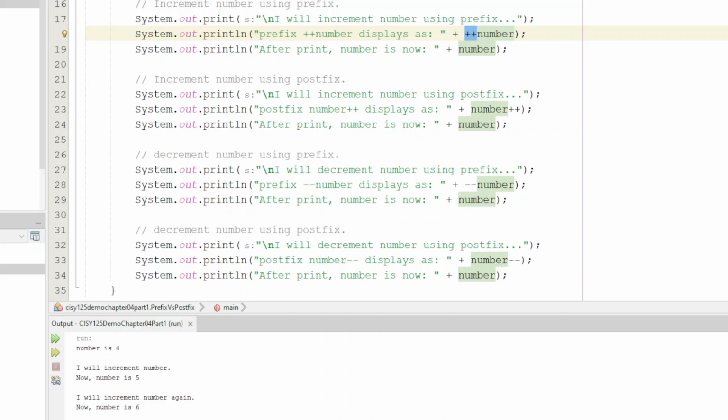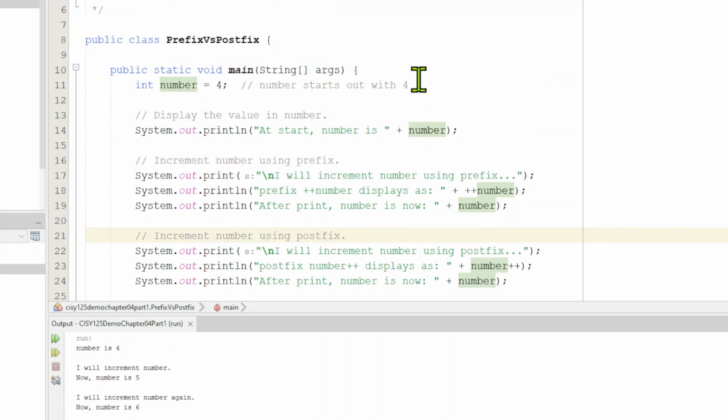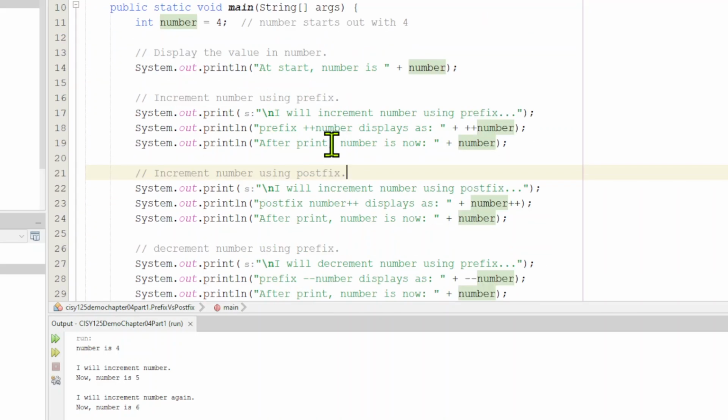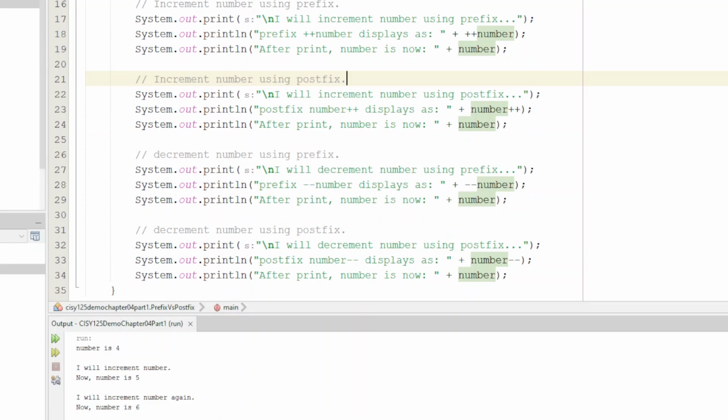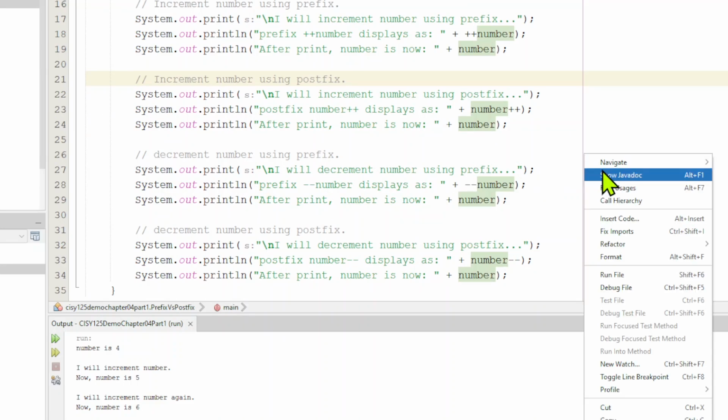So here we have, you notice it's going to print 4 things out. So it's going to print out the intro, numbers 5, numbers 4, then it's going to print this with the prefix, then with the postfix, then the prefix and the postfix. So when we run this, you'll see,